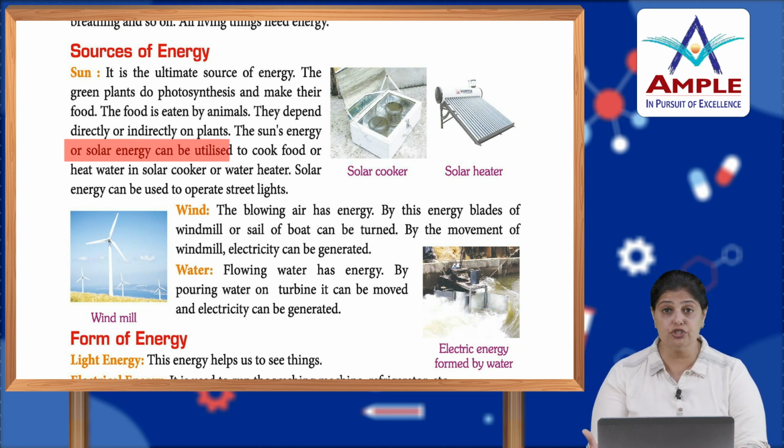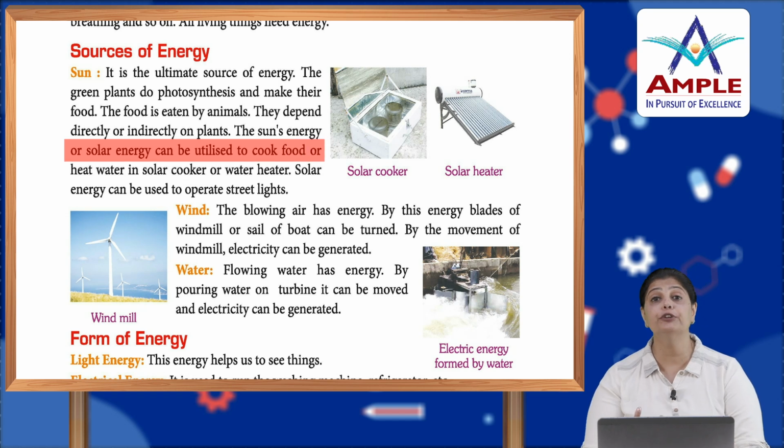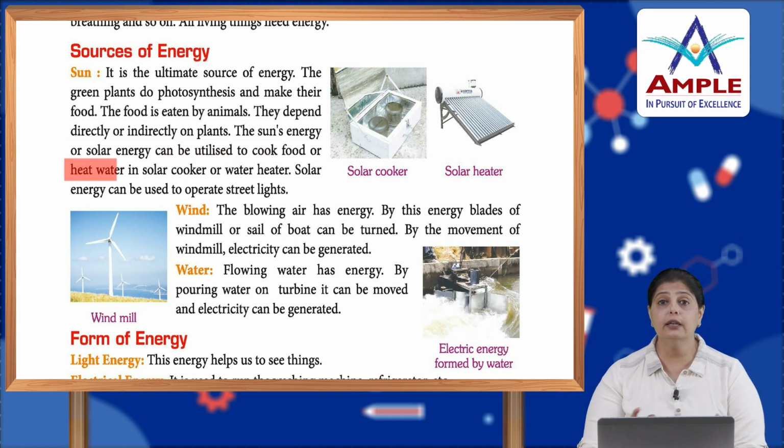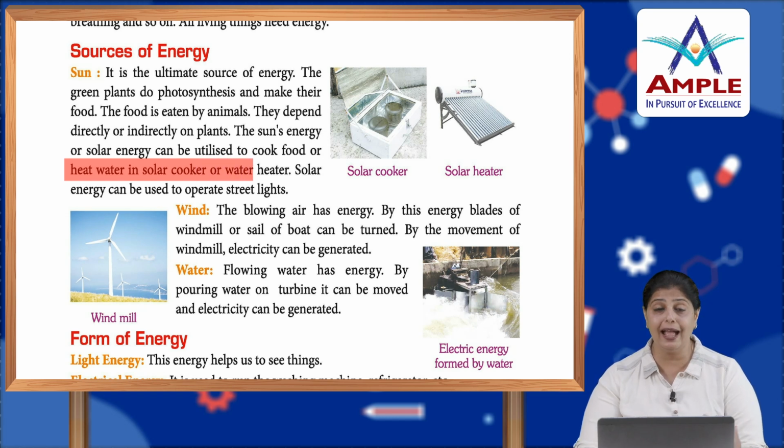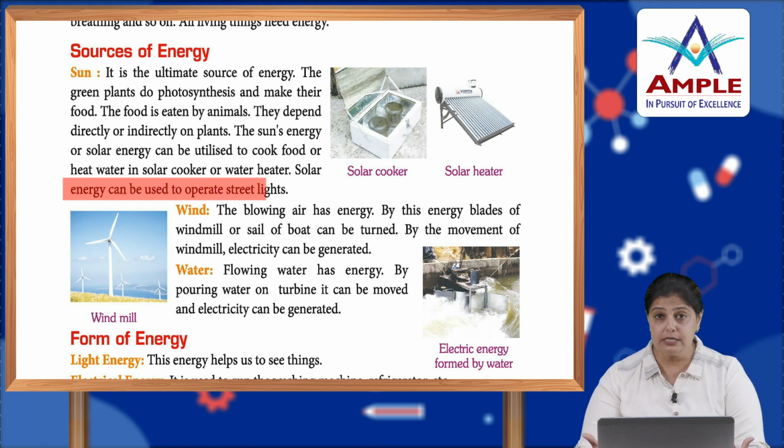The plants get energy to prepare their own food, okay? Animals are dependent on plants. There are certain animals which are dependent on other animals. Humans are also dependent on plants and animals. So, in other words, everybody is dependent on each other, okay? And sun is the main source of energy. Without food, it's going to be very difficult for anyone to survive.